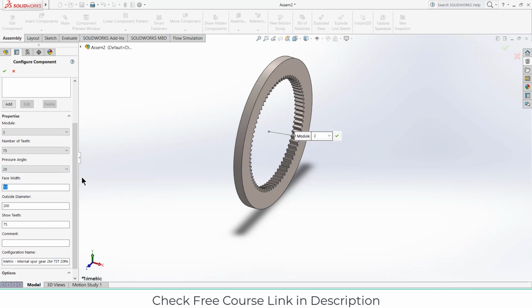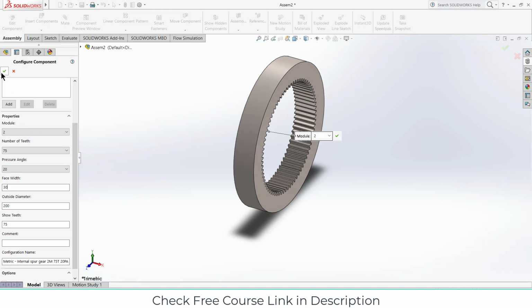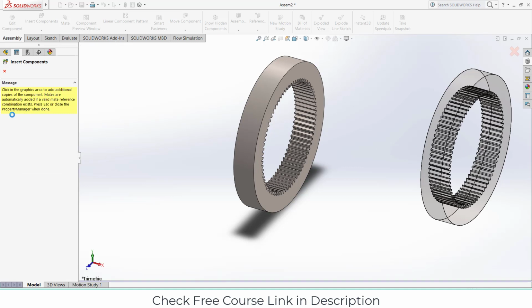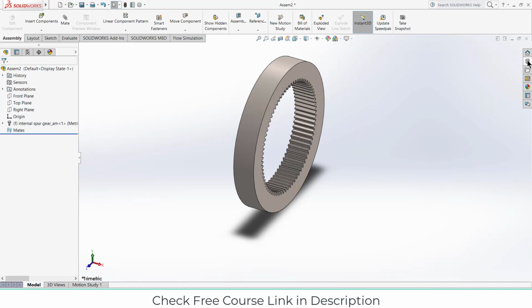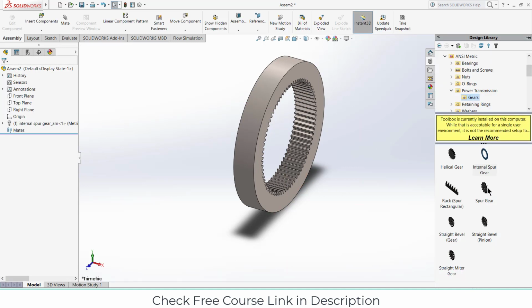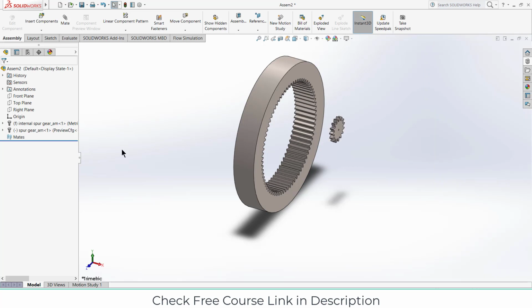Let's say it is 30 mm. Now click OK. Now close this. Now select this, click on spur gear, import it.